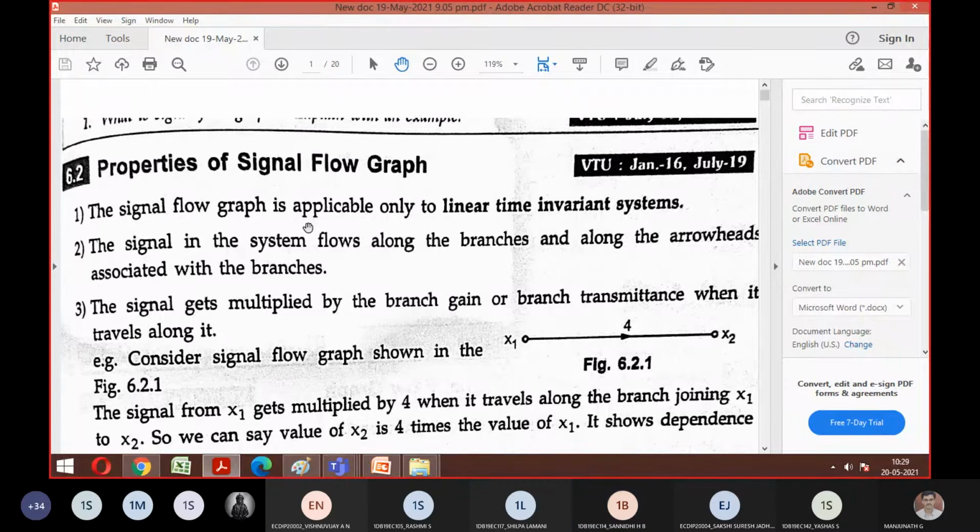Now, linear, I hope everyone got. I told you in the last class, and we have discussed it in network analysis also, I mean the network theory subject. Whenever linearity comes into the picture, there should not be any alteration to my RLC element even after the supply is given. So time means the duration. Then you should know what is the meaning of invariant system.